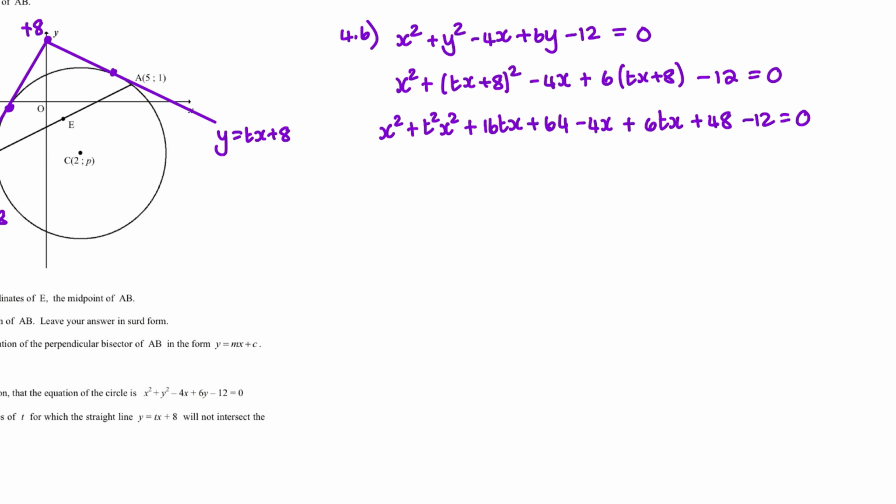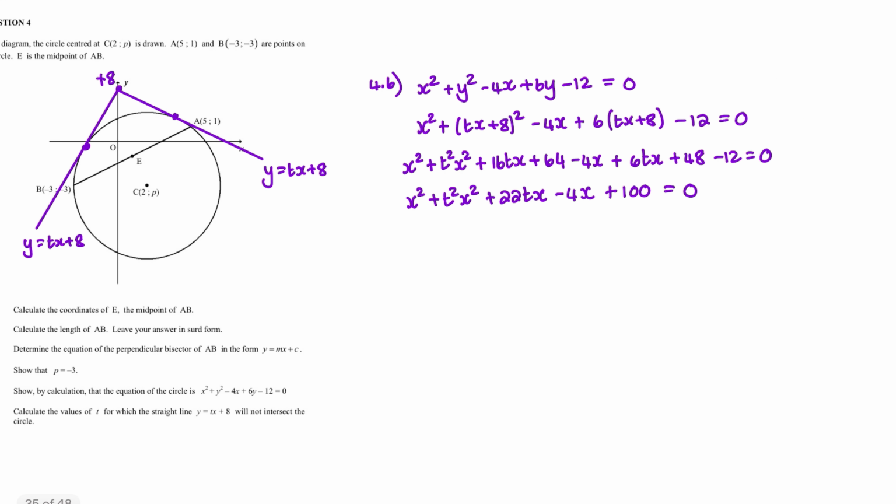So I have quite a long equation with the variables of t and x. So let's clean this up by adding like terms. So I have x squared plus t squared x squared plus 22tx minus 4x plus 100 is equal to 0. Now it is tempting to try and solve for x in terms of t, but let's get to the not